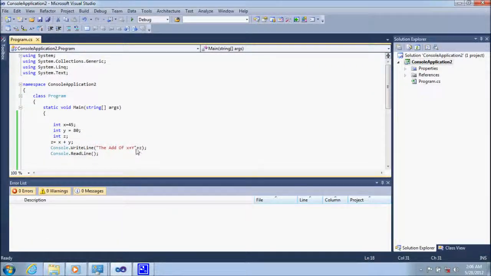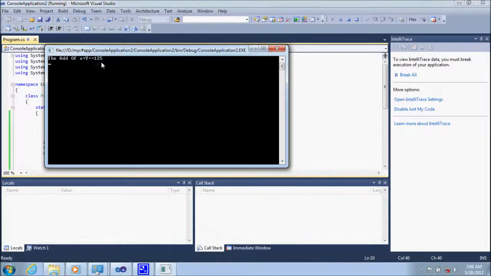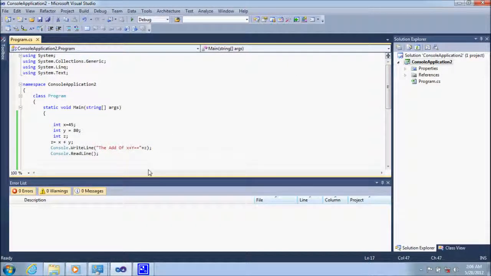For decoration purpose I just put an equal to sign between that, so it gives the proper presentation. Okay, now I want the answer like 45 plus 80 is equal to 125.